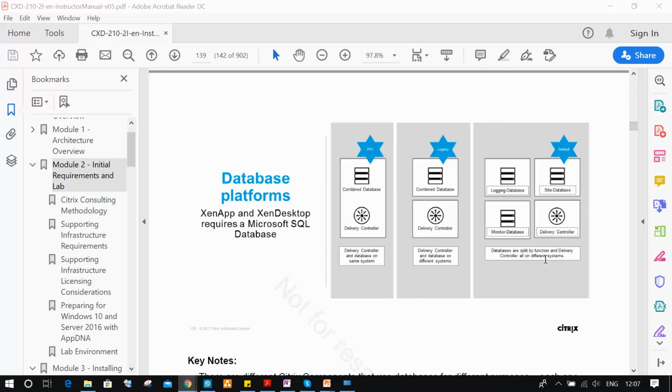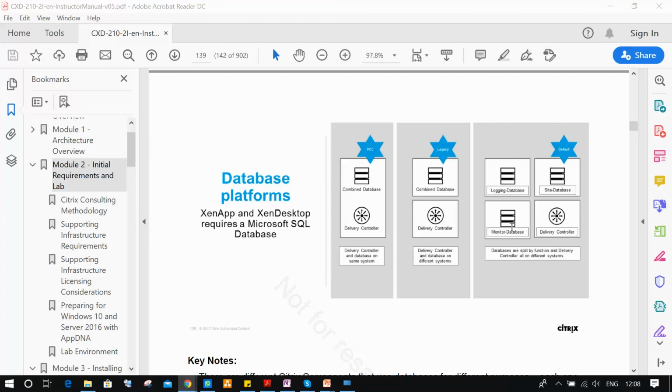Now we have the default model. We have a logging database, a monitoring database, and a site database. Citrix XenDesktop 7 requires three databases for different purposes. One database is used for the site, one for logging, and one for monitoring. The three databases can be on the same server or on different servers, your wish.